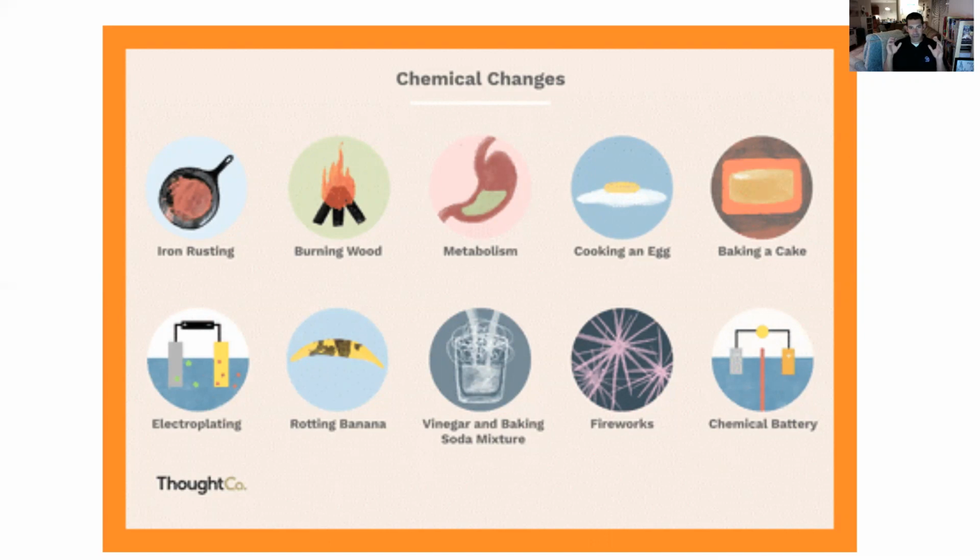This is where a reaction is taking place. You're getting reactants forming products. The products look different from the reactants. All right, so that's important. Think about when you have that fire pit. The wood looks different after it's burned. It's all black, it's soot, it's charred. All right, baking a cake. What happens if you bake it for too long? It burns as well. All right, cooking an egg. The egg looks completely different cooked than it did before it was cooked.